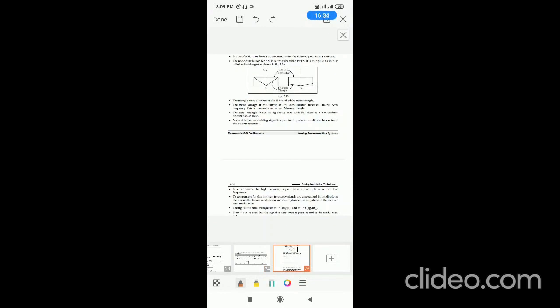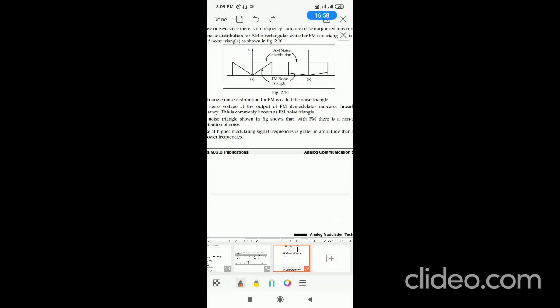In AM, the distribution of noise is a rectangle. The noise is the same because AM covers only low frequencies. Generally, AM is used for transmitting low frequency messages, whereas FM can be used not only for low frequency but also high frequency. So when you look at this diagram,